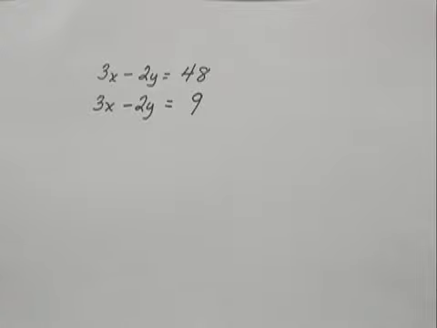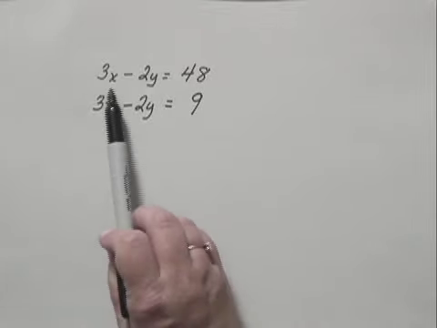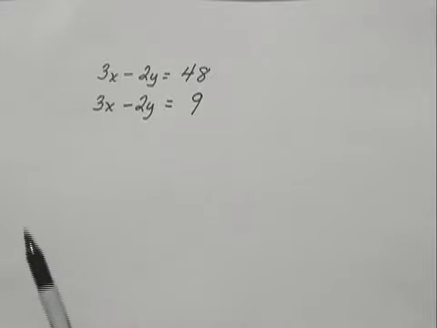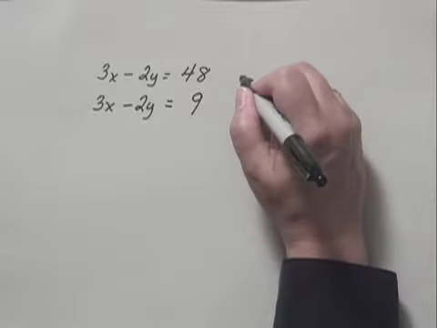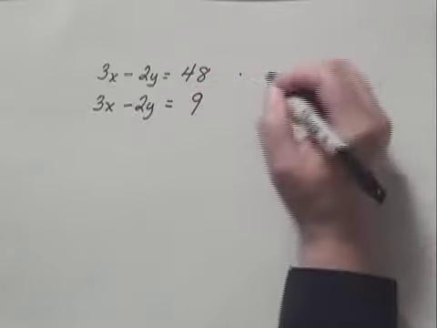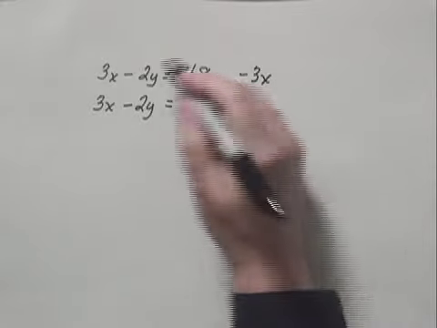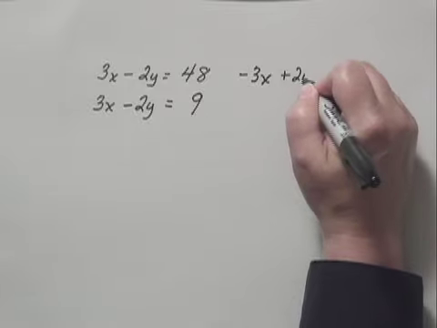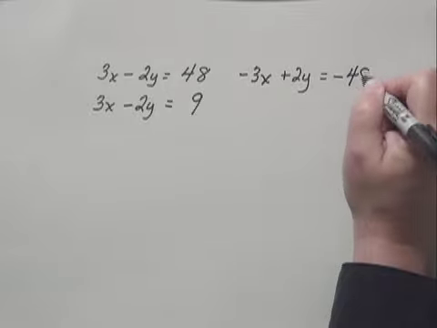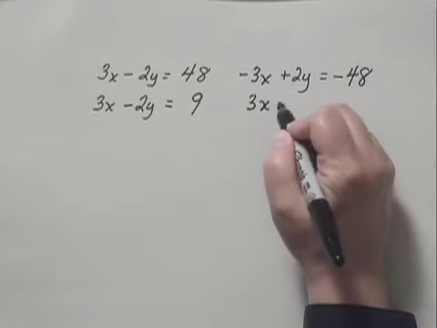To solve this using elimination, I'm going to multiply equation 1 by -1 so that I have opposite coefficients of my x terms, and then add. So multiplying by -1 would be -1 times 3x, -3x. -1 multiplied by this term will give me plus 2y. Multiplying this by -1 gives me minus 48. And then I copy this second equation